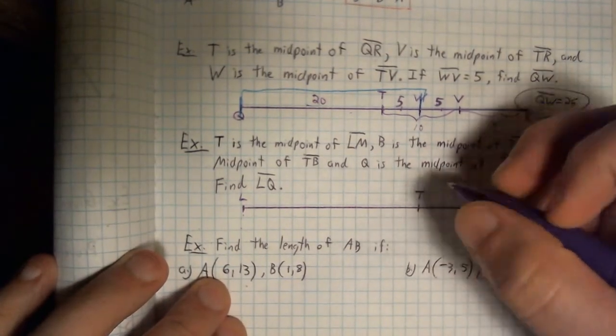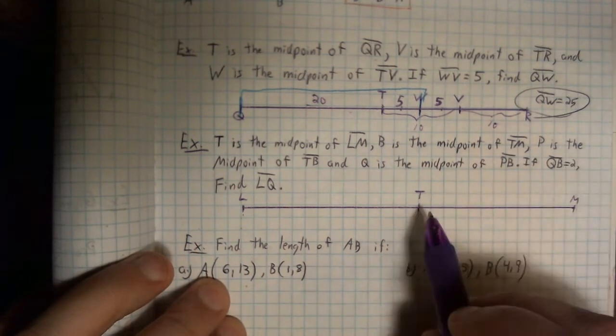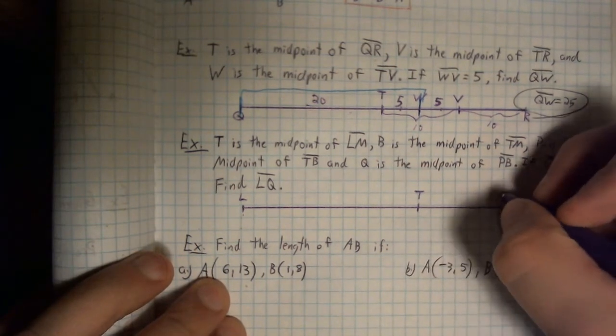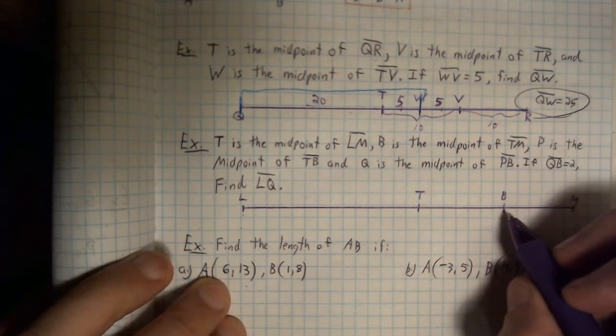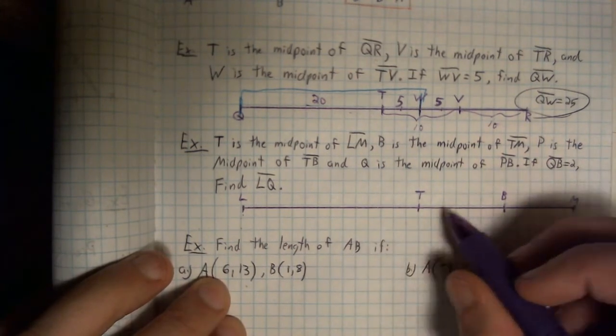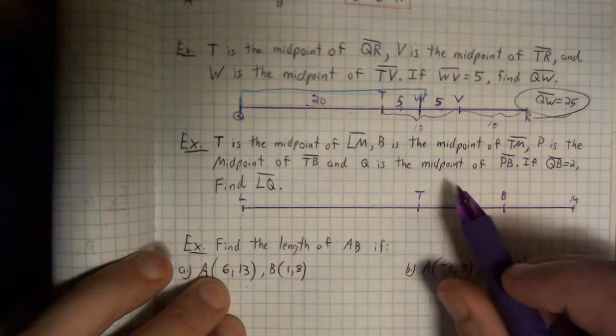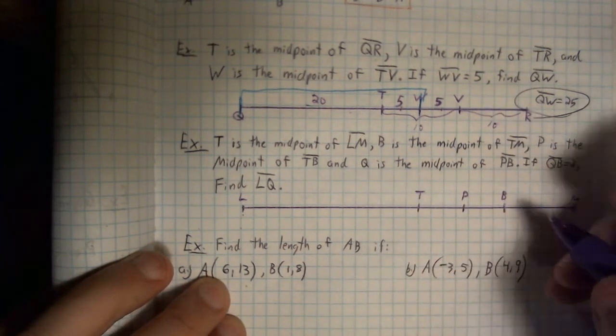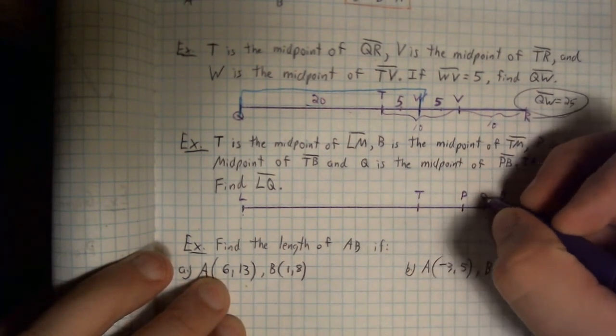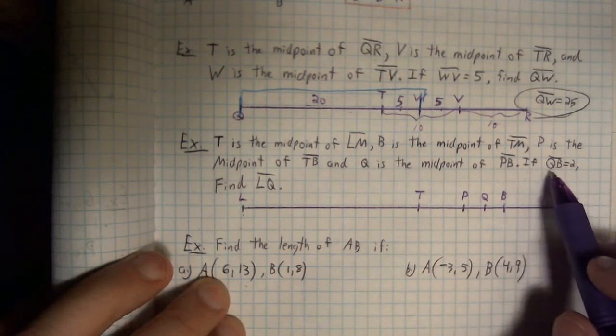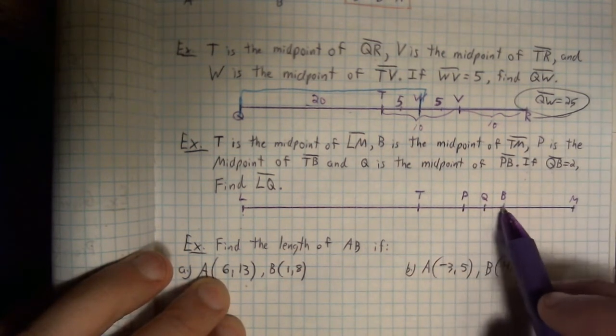T is right here in the middle. B is the midpoint of TM. TM is right here, so this means B is located there. P is the midpoint of TB, so here's TB. That's the midpoint. And lastly, Q is the midpoint of PB. Now here's Q. And it says that if QB is 2,